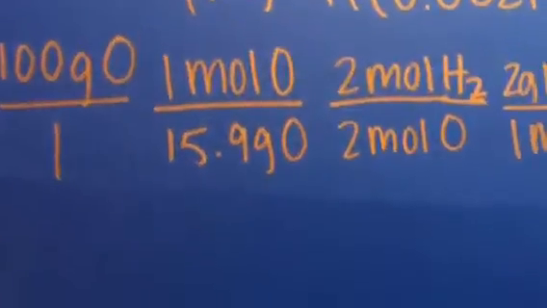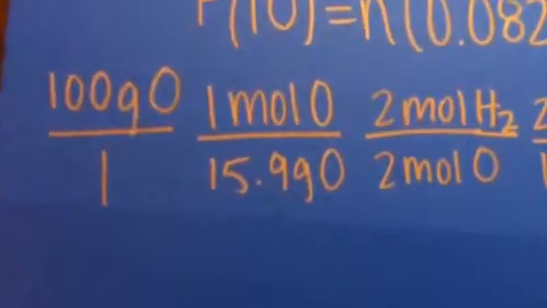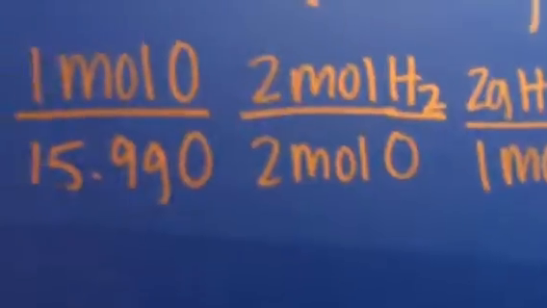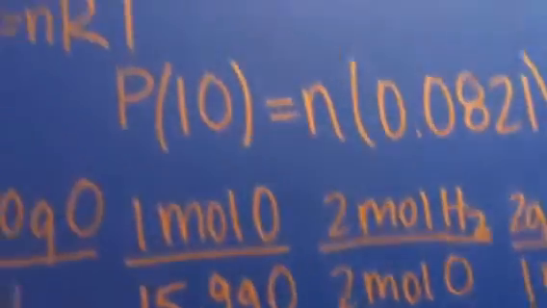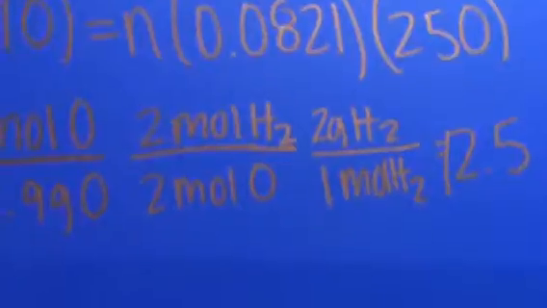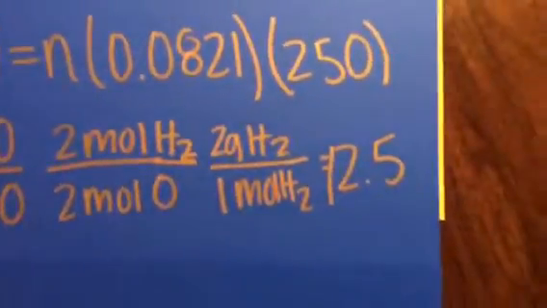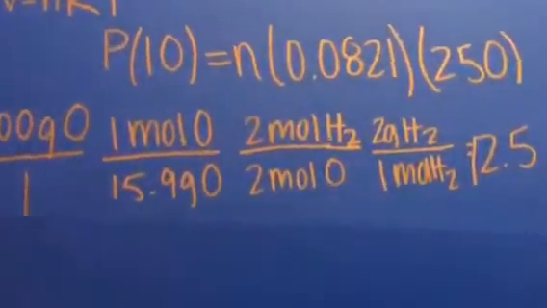Then to cancel out your grams of oxygen, you're going to put 15.9 because we are given that in our periodic table. Then on the top, you're going to put 1 mole of oxygen and then 2 moles of oxygen to cancel it out. And we find the 2 moles of oxygen and the 2 moles of hydrogen in our balanced equation. And then you're going to put 1 mole of hydrogen 2 on the bottom to cancel out the moles. Then 2 grams of hydrogen 2, and we are also given that in our periodic table. And after you multiply the top row and the bottom row, then you can divide them both together and you will end up with